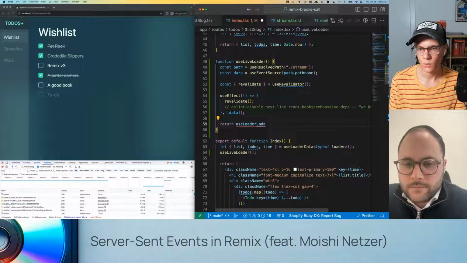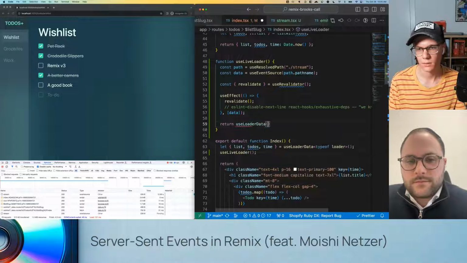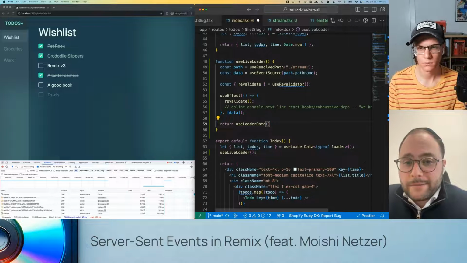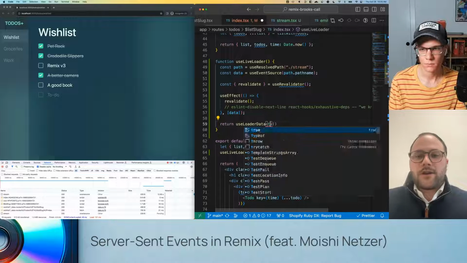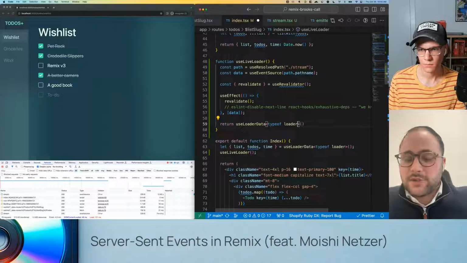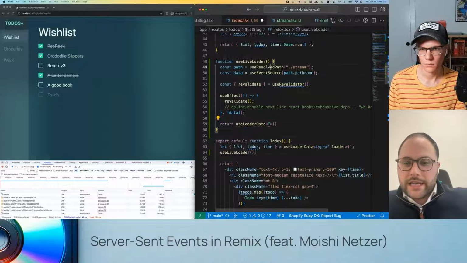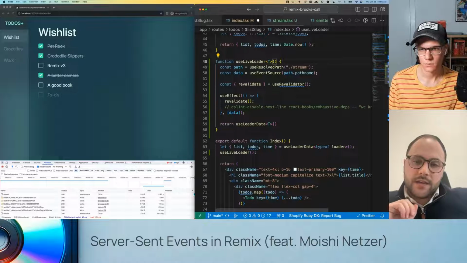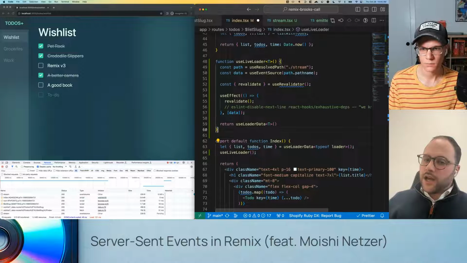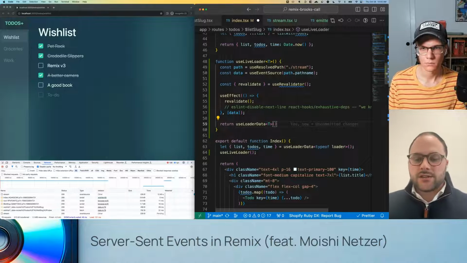We can type this by passing in a generic after use live loader, between the parentheses, and so it's just T. So make this really abstracted, and then you pass that in as part of this, and everything gets inferred. All you need to know is that wherever you pass in use live loader is going to get use loader data. So that makes sense.